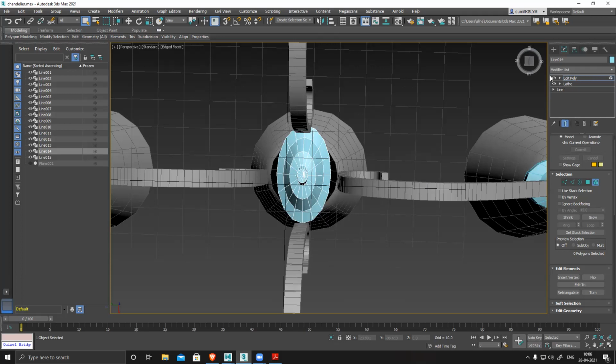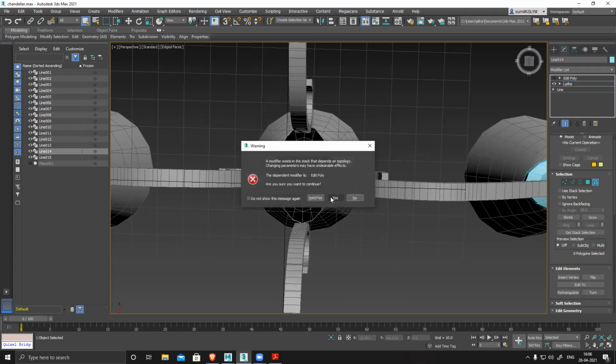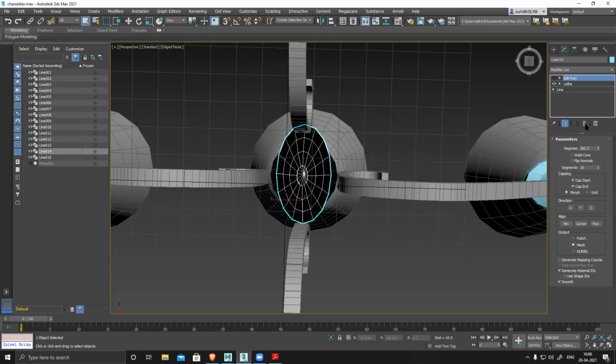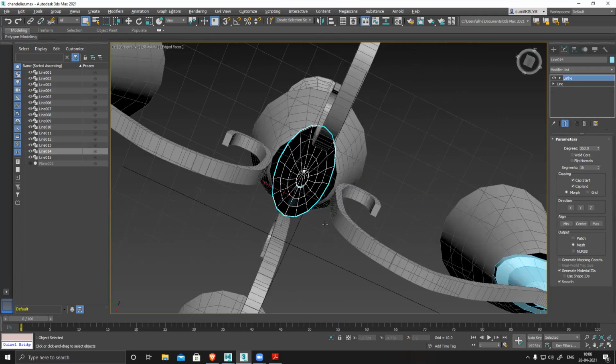So to fix this, before applying lathe, if you apply lathe, you can see it turned into this. Let me delete this lathe. You have applied 360, but instead of making it a perfect circle, it's oval in shape.